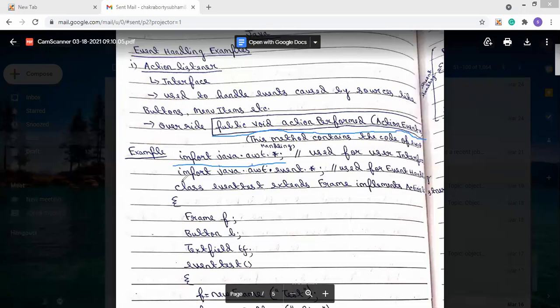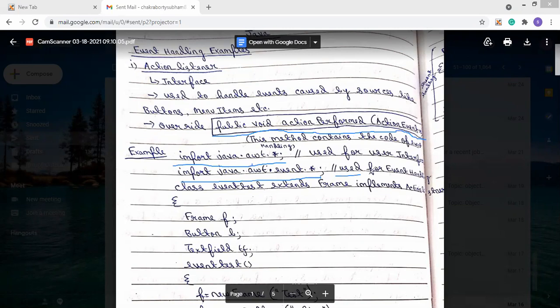But you see, in the next part, I have to import java.awt.event.*. Now, this event class is not present in the java.awt package, so that's why I have to import it again. So I import java.awt.event.*.